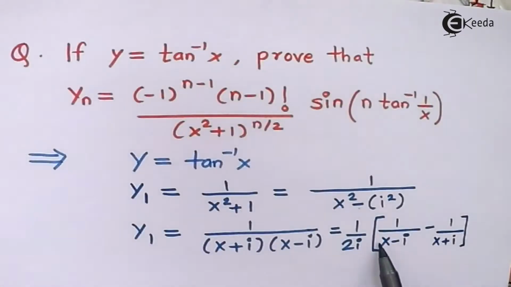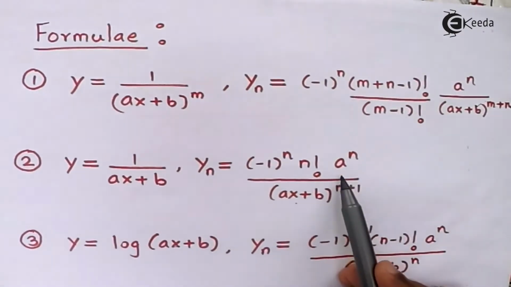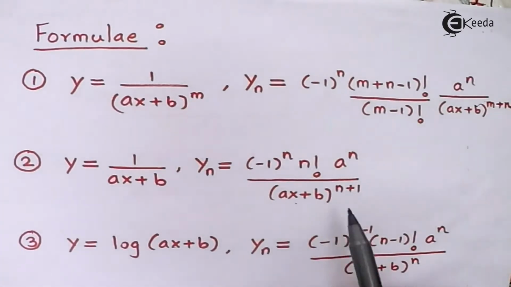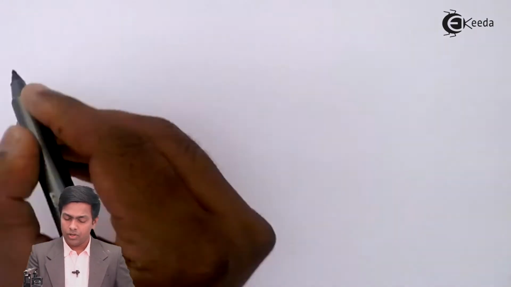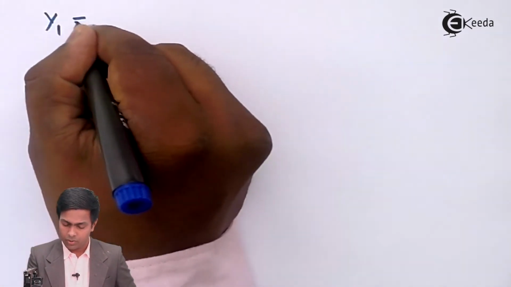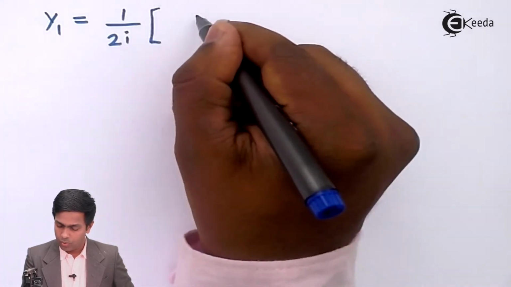Here the value of a is 1 and the value of b is i. So here wherever I have a, I'll be substituting it by 1 and b by i. So let's see what we get. Now guys, here I'll write it down. So y1 is equal to 1 upon 2i into,